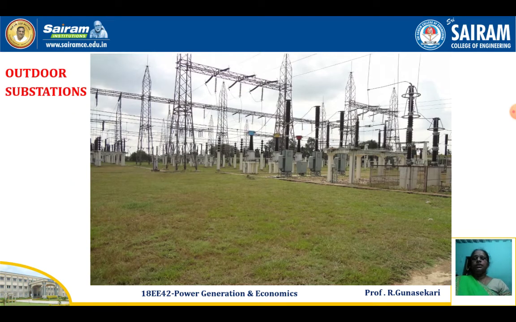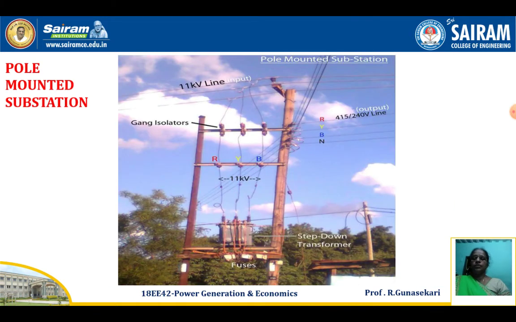So this is the indoor substation, up to 11 kV only, but for erection purpose 33 kV and 66 kV also exist. Next, outdoor substation. Indoor substation means all the apparatus is installed within the building only. Outdoor substation, you see the sketch, everything is placed outside only.